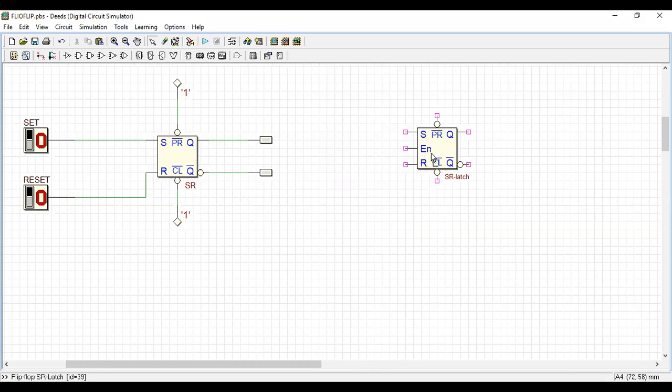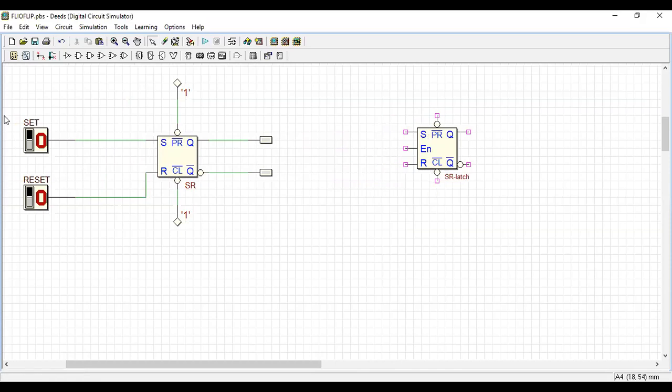What is that EN? EN is enable. EN is the main switch. If I give enable as 1, then this IC will work. If I give enable as 0, this IC will not work. So that is the logic.